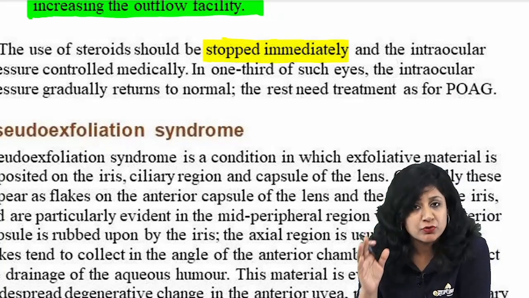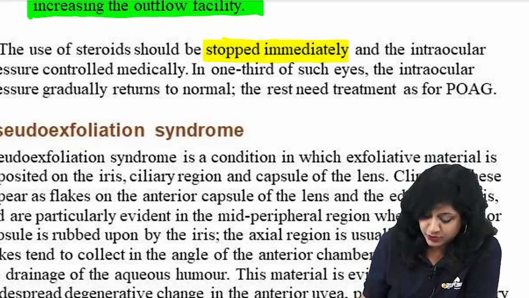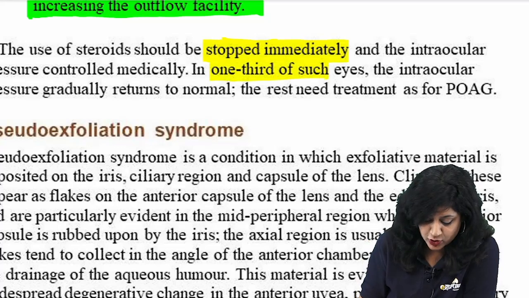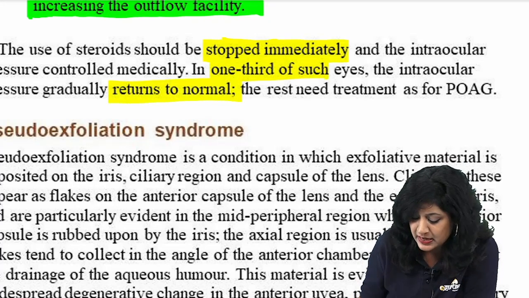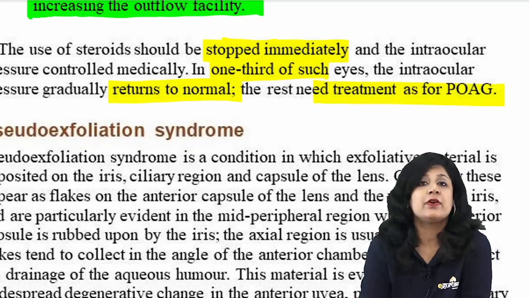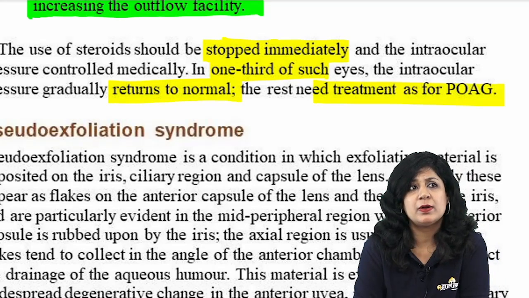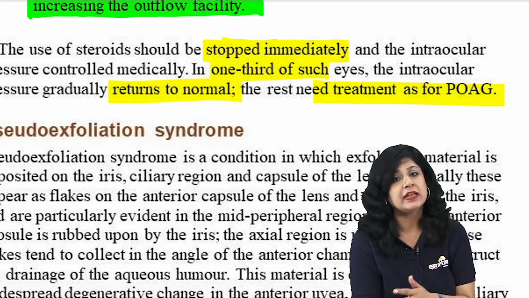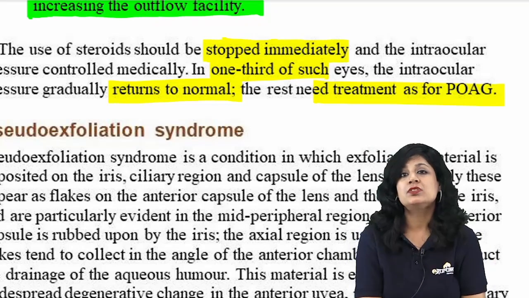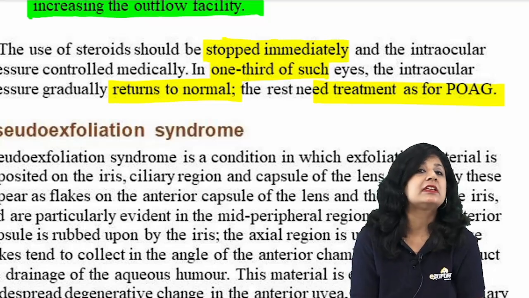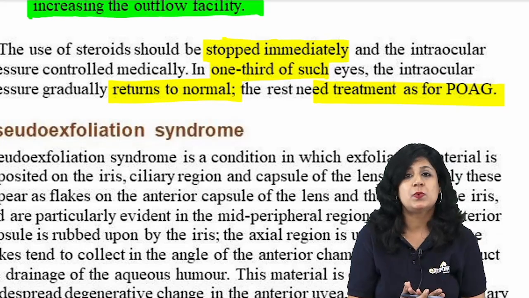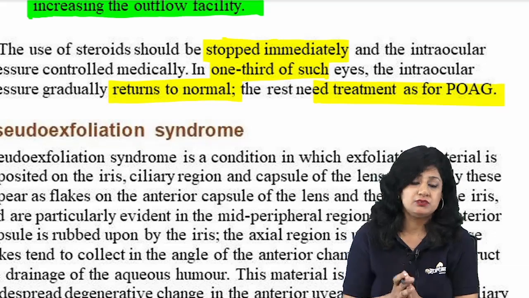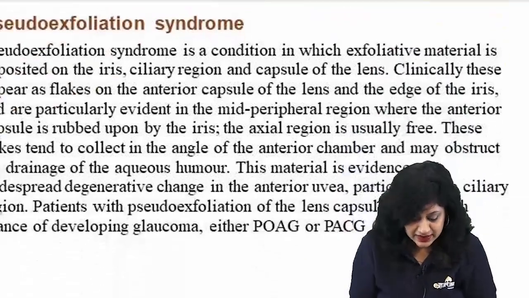Intraocular pressure should be controlled medically. If the patient has steroid-induced glaucoma, in 1/3 of such eyes, intraocular pressure will gradually return to normal, and the rest will actually require treatment as open angle glaucoma. So, I think you should not be careless in these things, and if a patient is showing a glaucomatous response to the steroids, one should take it seriously, stop the steroids at once and start the treatment. Then we come to the